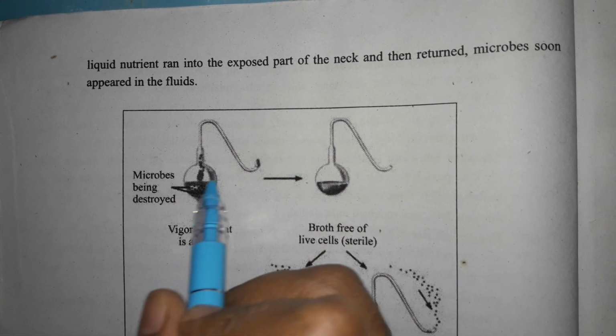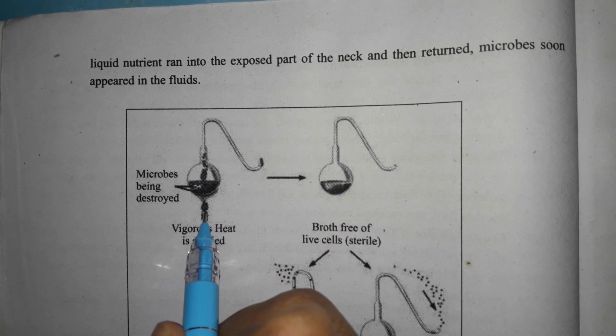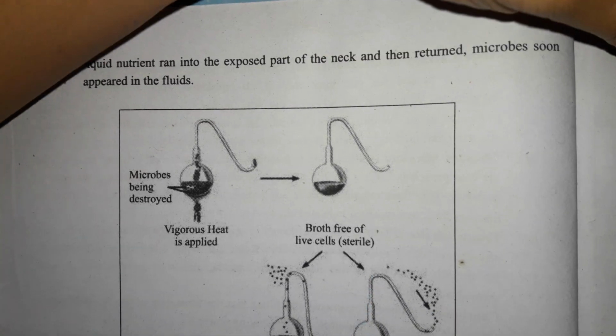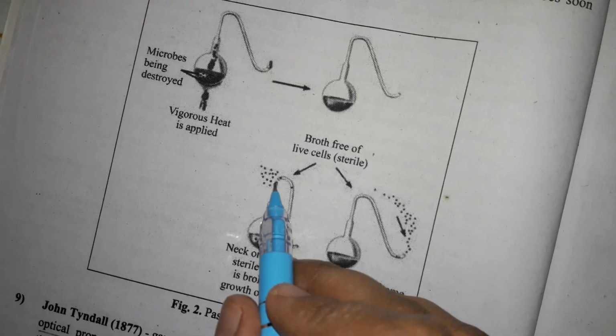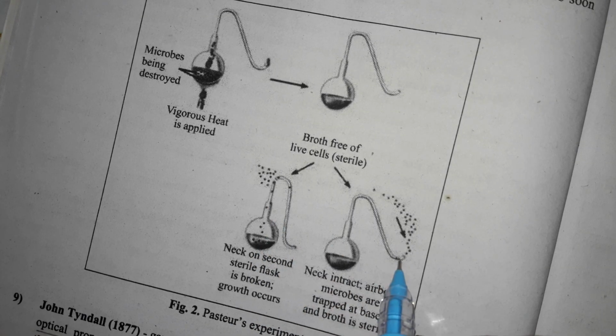As we can see here, the tube is seen, the swan neck, and microbes are being destroyed by the flame, as you can observe. In the next diagram we can see that growth is prevented from occurring in the flask, and here we can see